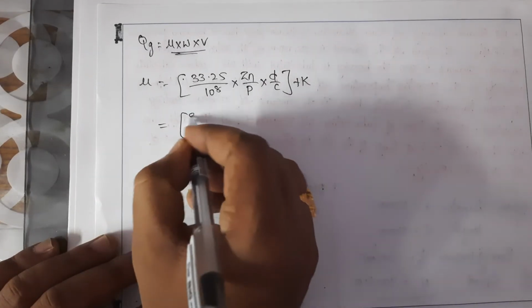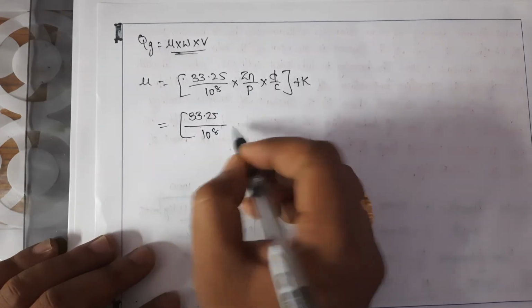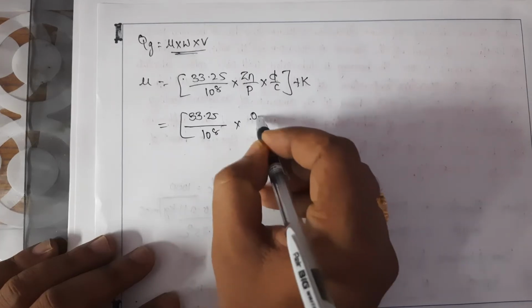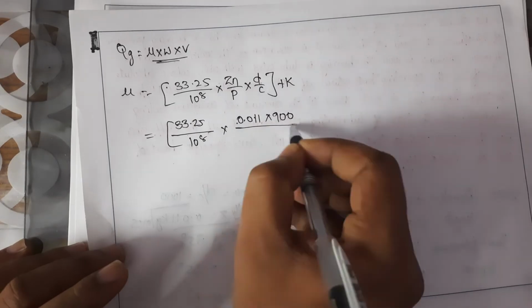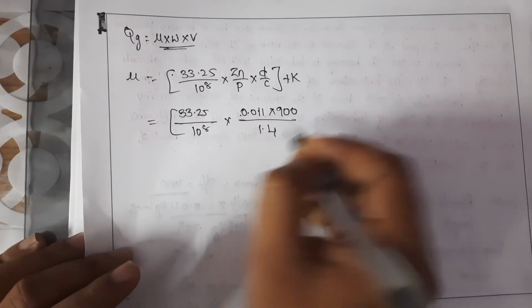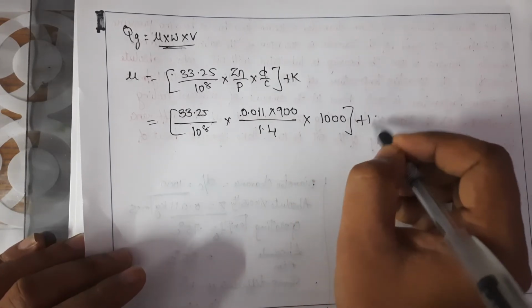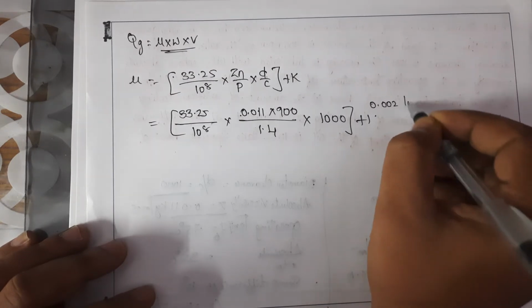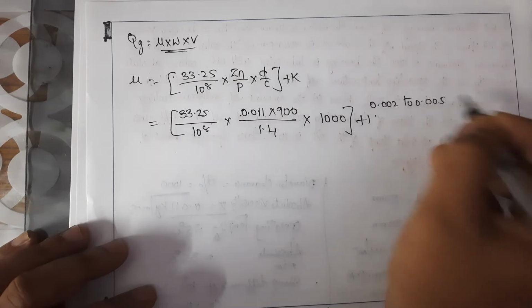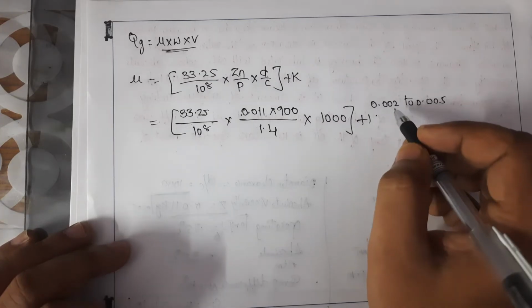So 33.25 by 10 to the power of 8 into Zn, 0.011 into 900. The speed will be 900 by P value he has given as 1.4 into 1000. So plus K. So the K value will be lying between 0.002 to 0.005. So try to assume the value, or you can take the value from L by D ratio,